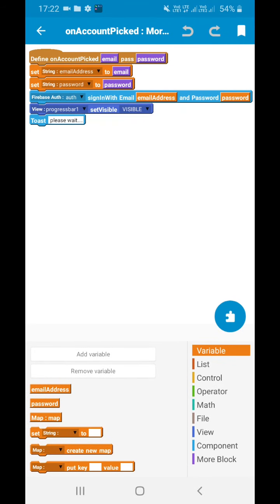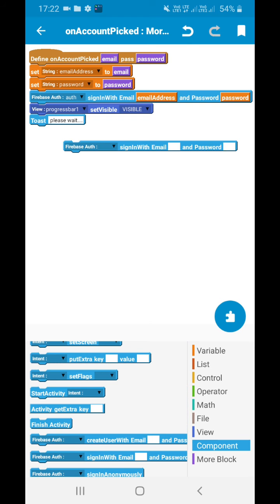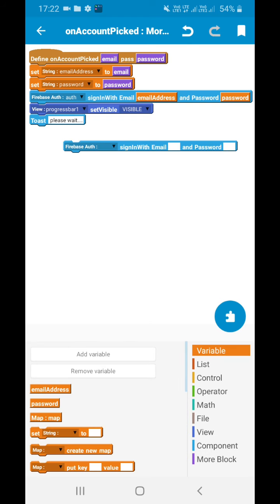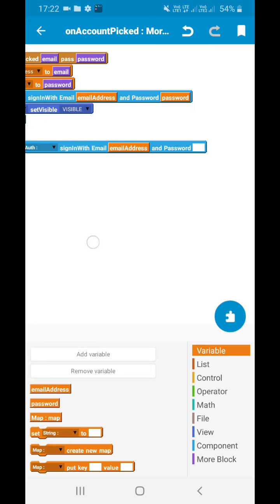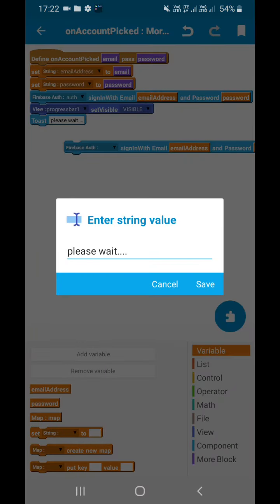Then we have used Firebase sign in with email address and password. There we have done the progress bar visible and given a toast message as please wait.